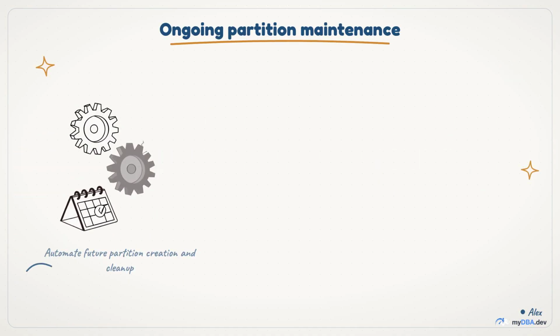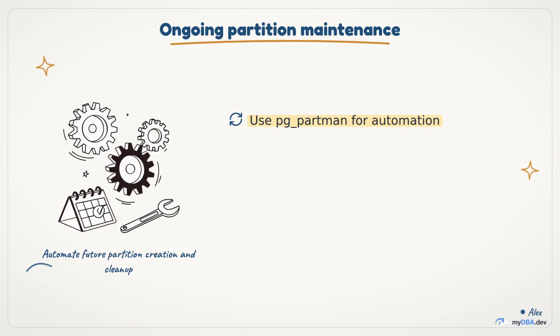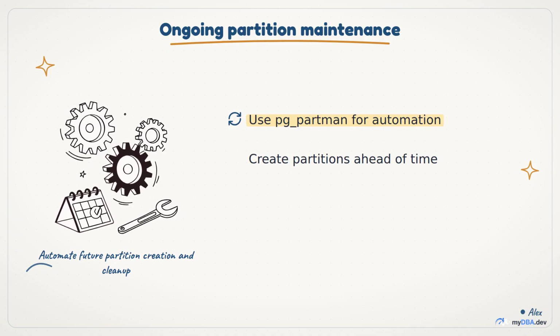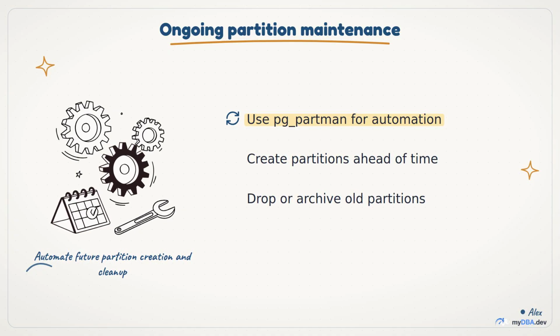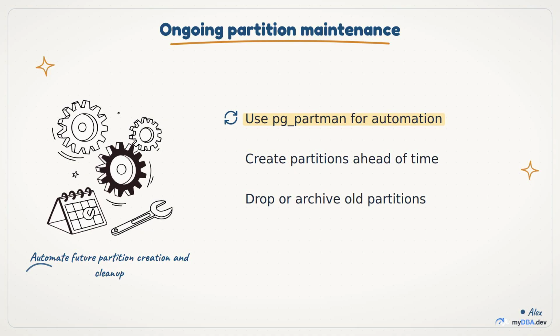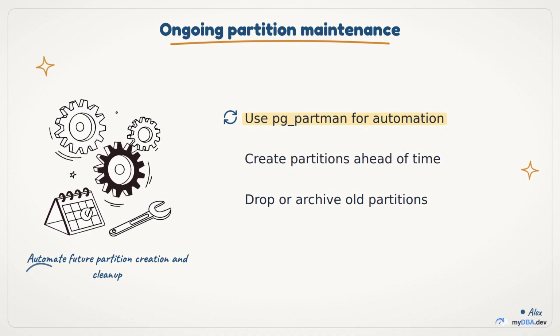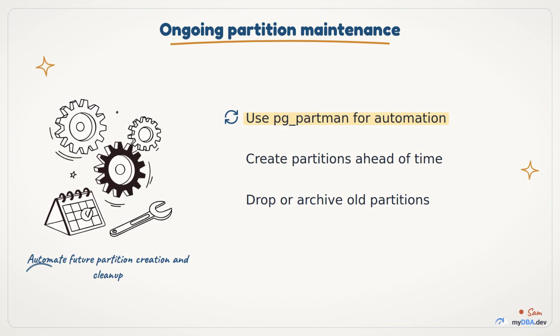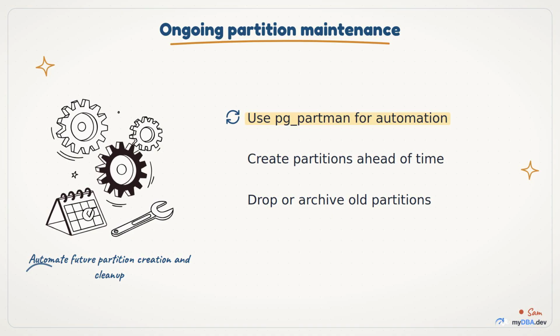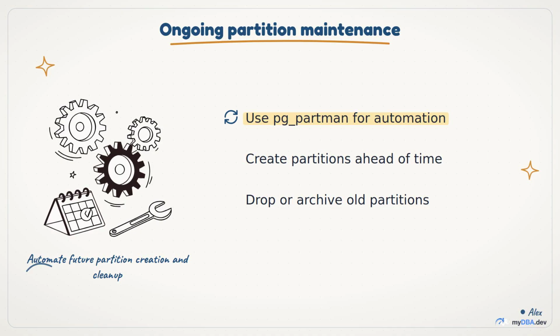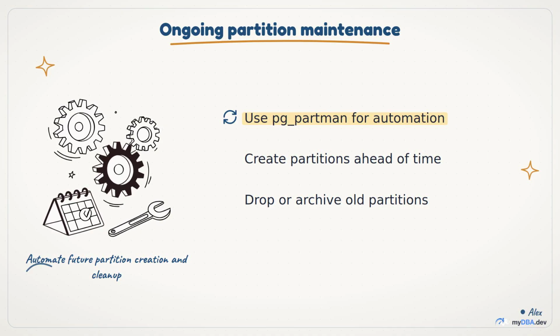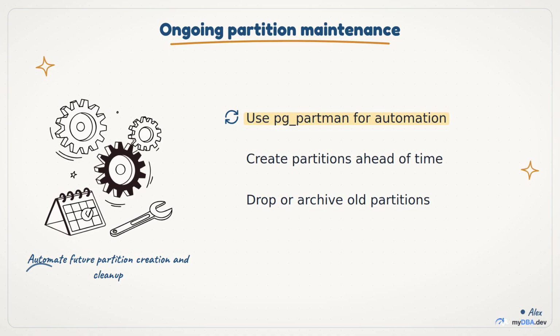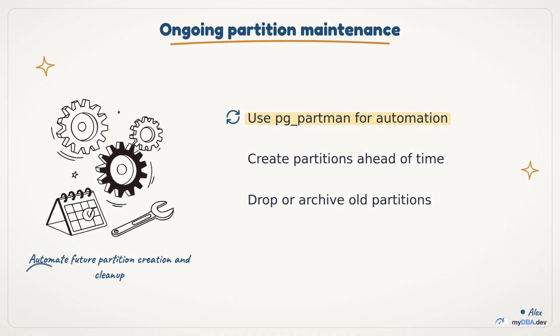Once you're partitioned, you need a plan for creating new partitions before they're needed. The pg_partman extension is great for this. It can automatically create the next month's partition a week in advance, so you never have a gap. It can also drop or archive old partitions on a schedule. What happens if I forget to create a partition and an insert tries to go there? If there's no matching partition and no default partition, the insert fails with an error. That's why you either keep a default partition as a safety net or you automate partition creation. Most people use pg_partman or a simple cron job that runs create table if not exists for the next few